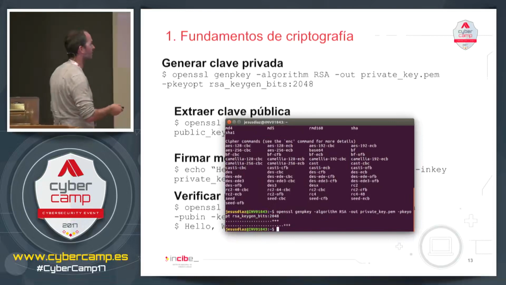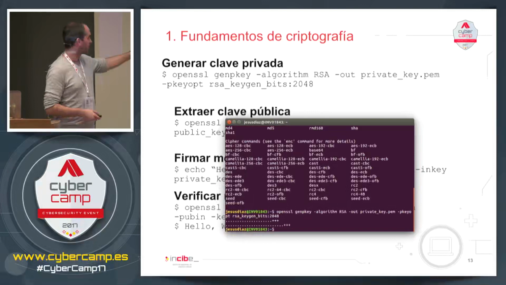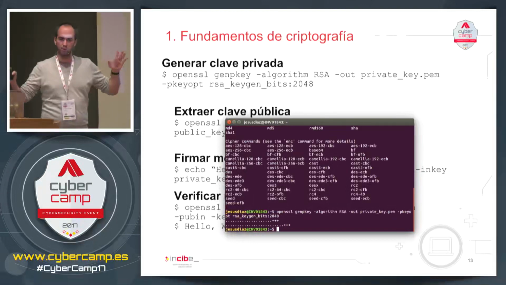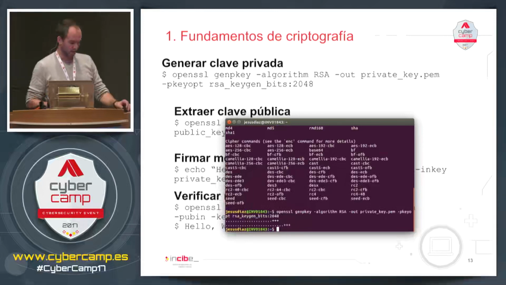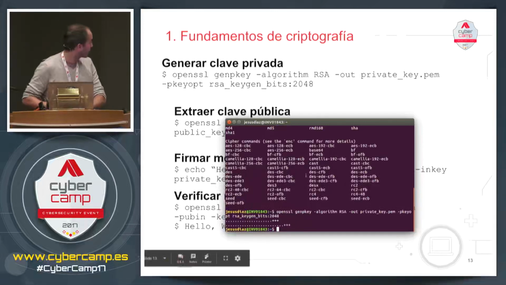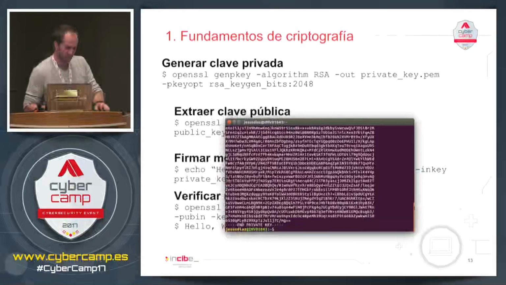Well, OpenSSL generates a key of this type. Intro, and it's instantaneous. OpenSSL is optimized for this. So I asked it to keep it in a specific file with this name. Otherwise, you won't understand what it says, but it's been generated, and I want to choose the file in which this is going to be stored. This is the file.